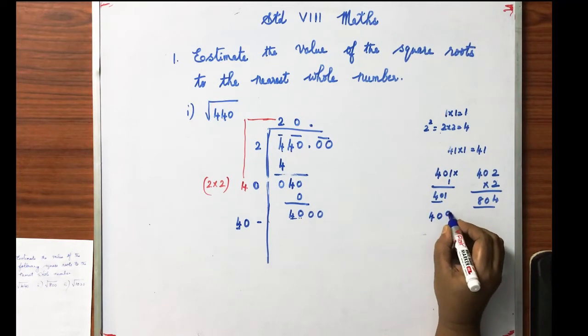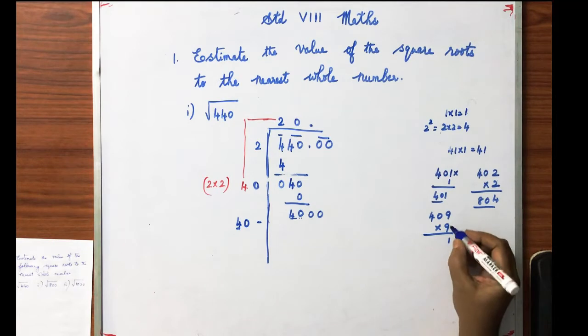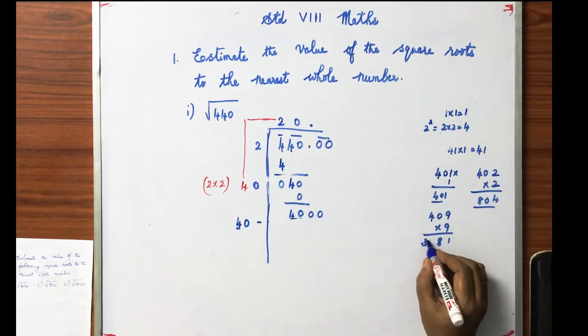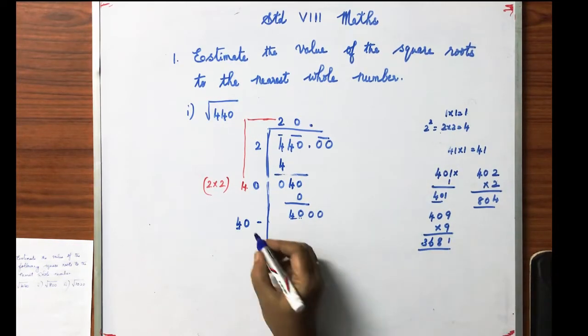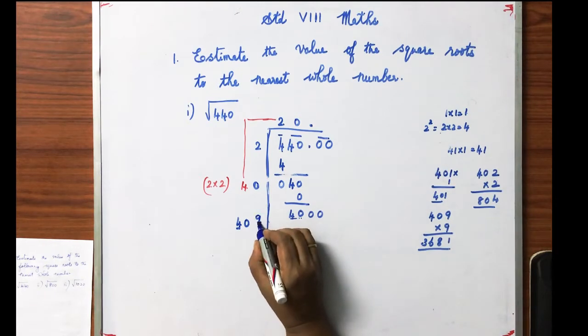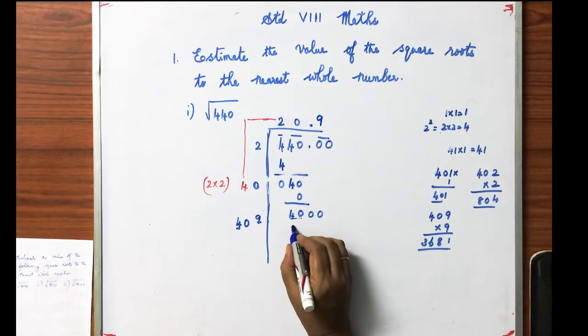We can just try with 9 now, because we cannot write 10, as it is a 2-digit number. So 409 into 9. 9 9s are 81. 0 into 9 is 0. 0 plus 8, 8. 4 9s are 36. So this number is less than 4000. So we can write 9. On the top also we should write 9. So we will get